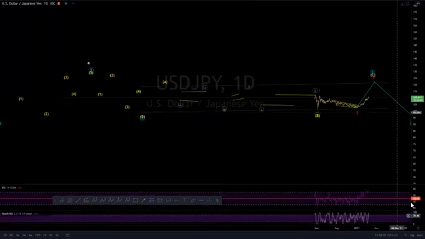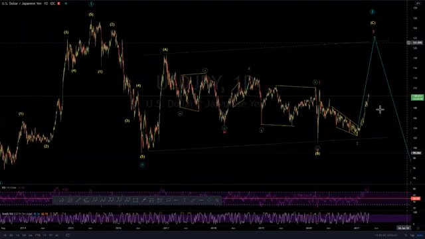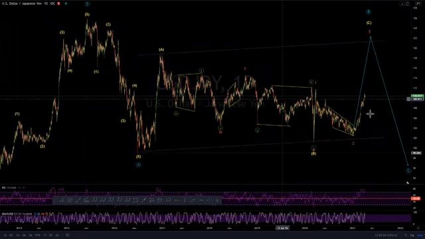Okay, let's move down to the daily time frame. Let's see what we have here. So for those who have been with us for a couple of months, they will remember very well that we have been looking for this move to the upside for quite some time now, and that is what is currently happening. For this move, we've been tracking this last leg,